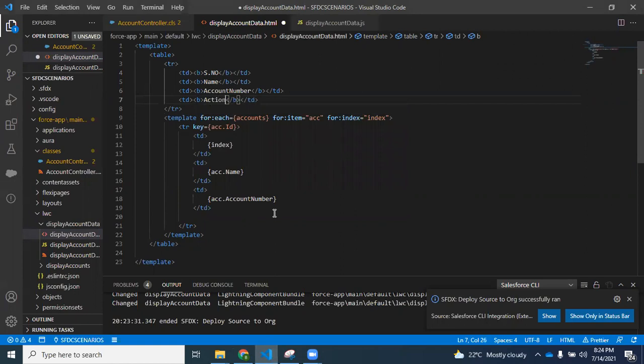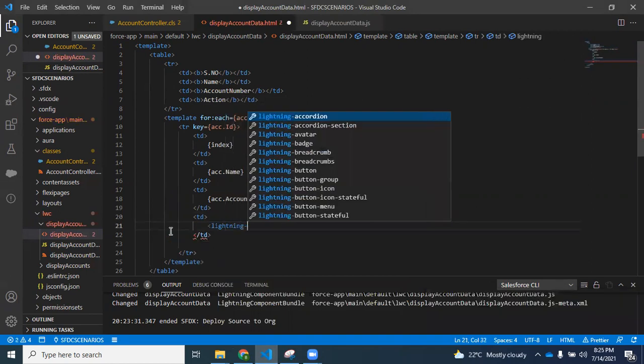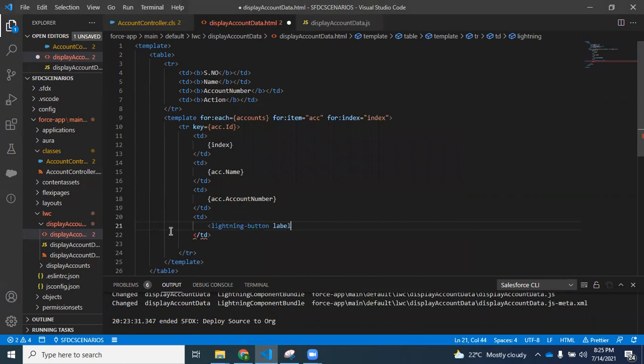Here I'll create a button, lightning button, label equal to click me. And I'll be passing the index here, and on clicking of it, I'll display the selected record details.